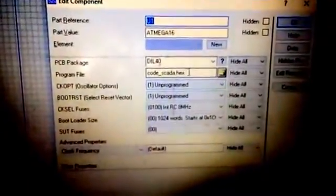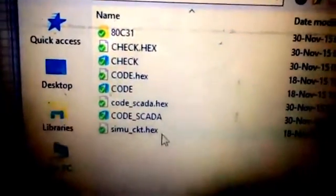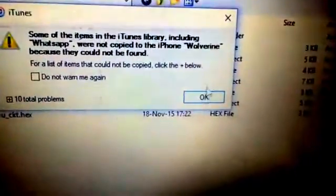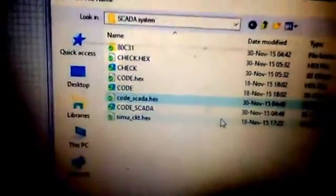and the programming of these ICs is here. Let me stop this and show the programming from here. The programming code is this. I have chosen code SCADA. I've written many codes from that code SCADA, and hex files are used to run in Proteus. This I'm going to open, and here OK, and when I run this,